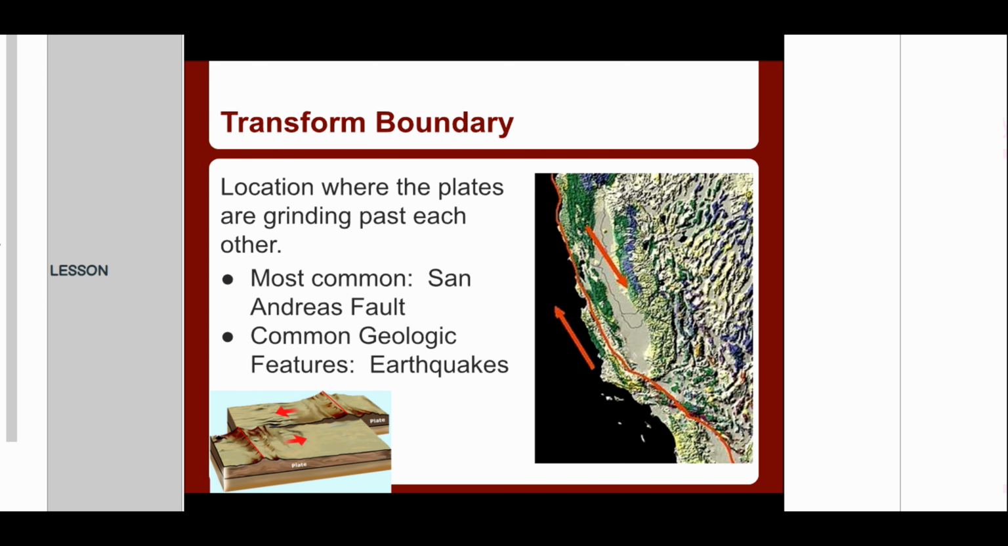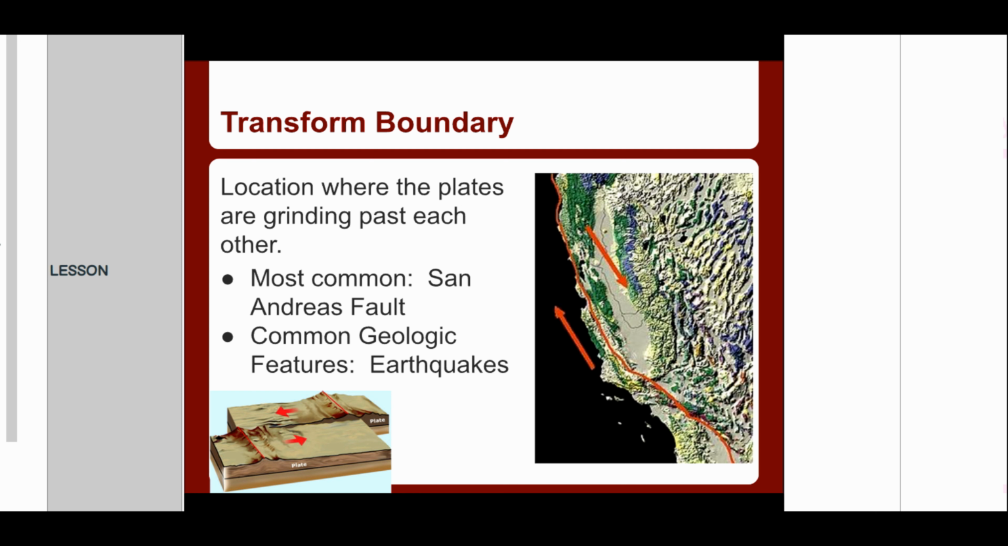Our last boundary is the transform boundary, and this one is like warming your hands. The two tectonic plates rub against each other, side to side. The San Andreas Fault out in California is an example of this one. You get lots and lots of earthquakes when you have this type of boundary because they rub, and as they